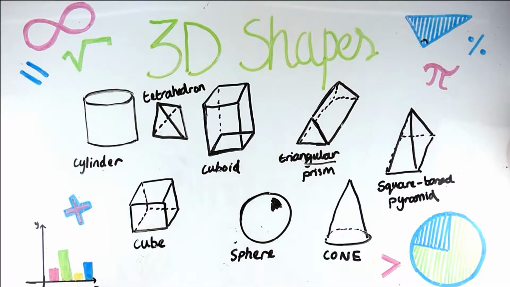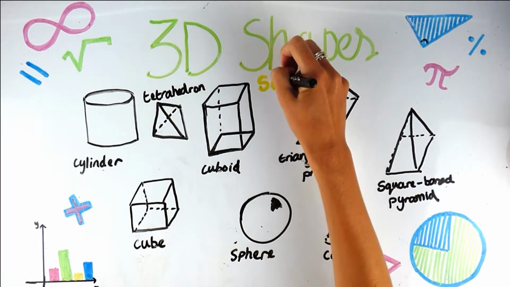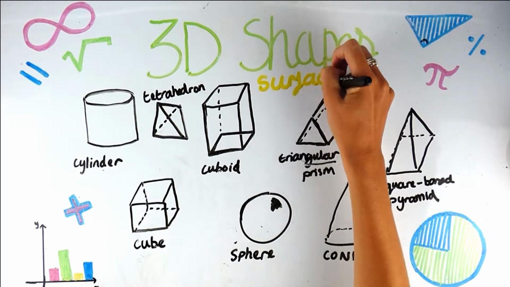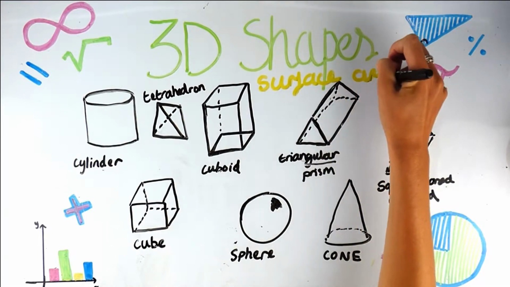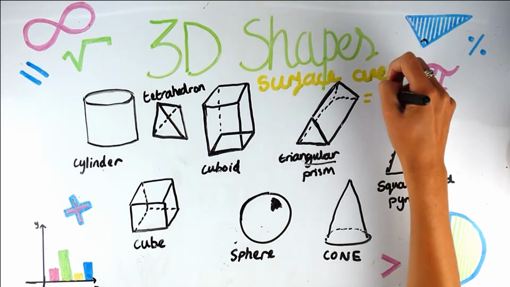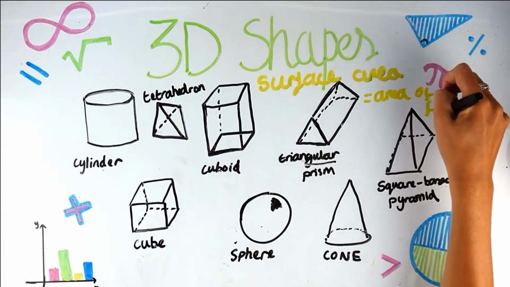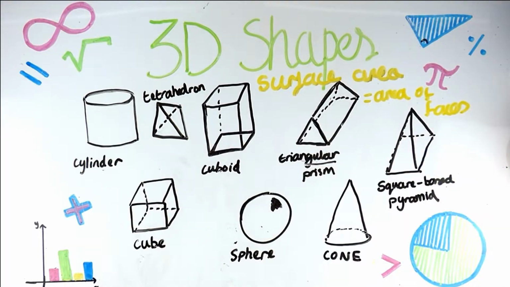We are now going to go on to looking at 3D shapes and their surface area. Okay, so what is the surface area? The surface area is the area of their faces, all summed together. This area of faces. So just to give you a visual of that,